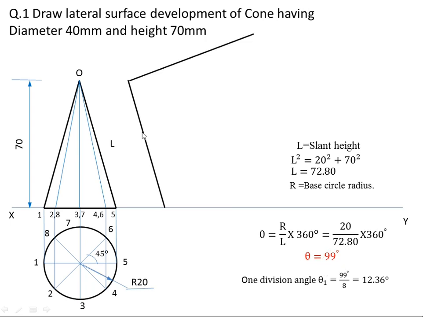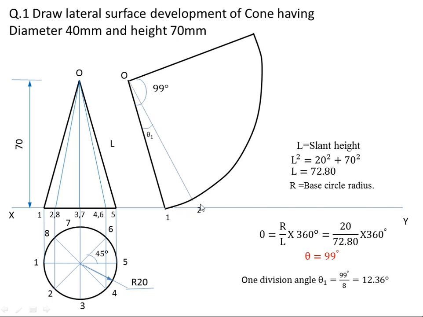So here we will draw a line at an angle of 99 degrees. Now the length of this is equal to L. Now join this by the arc. With center O and L as the length, rotate an arc like this. Now we have to divide this sector into 8 parts. So one division angle theta is equal to 99 divided by 8, which is 12.36. So we have to mark a line at an angle of 12.36. Once we get this,